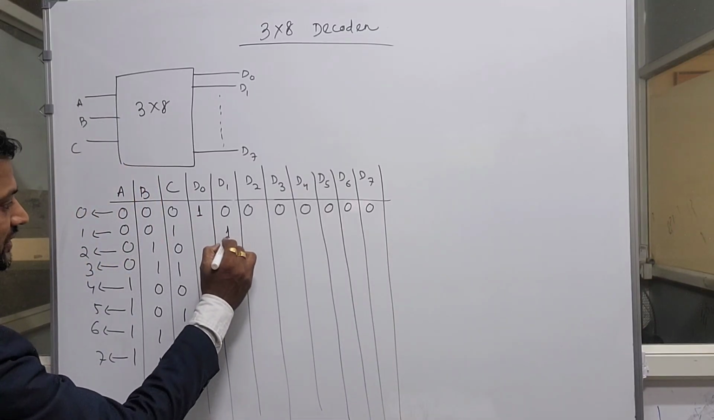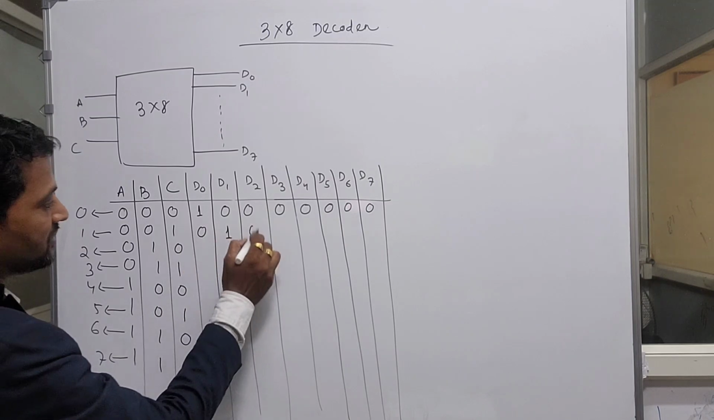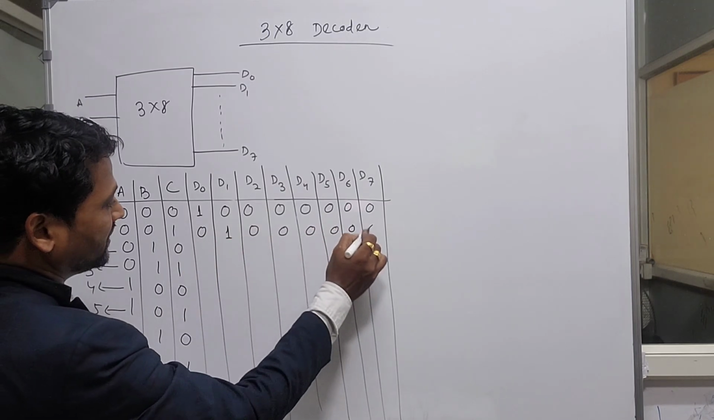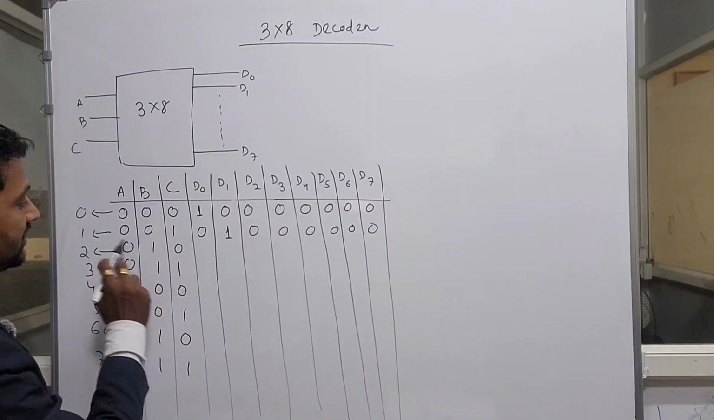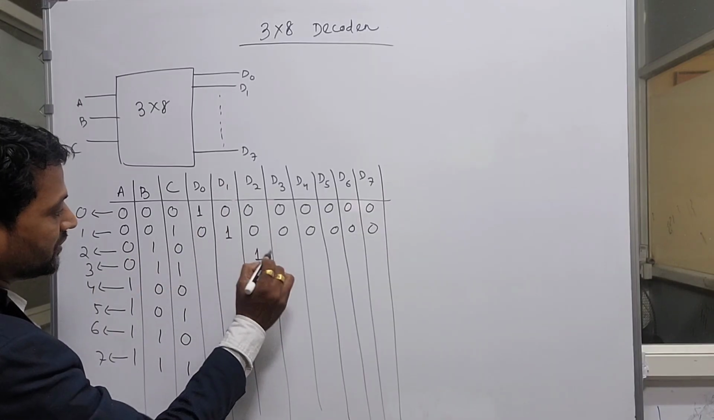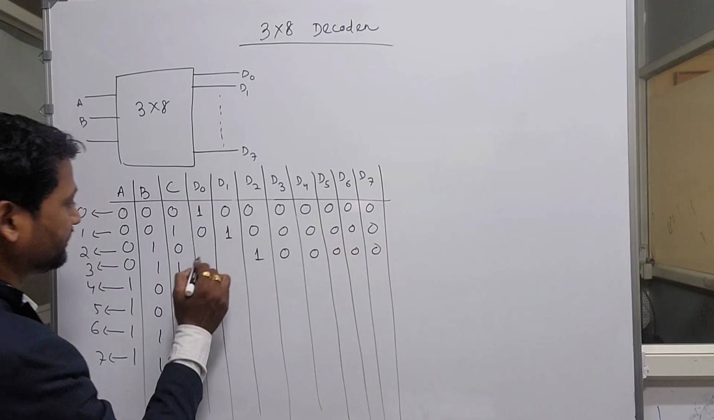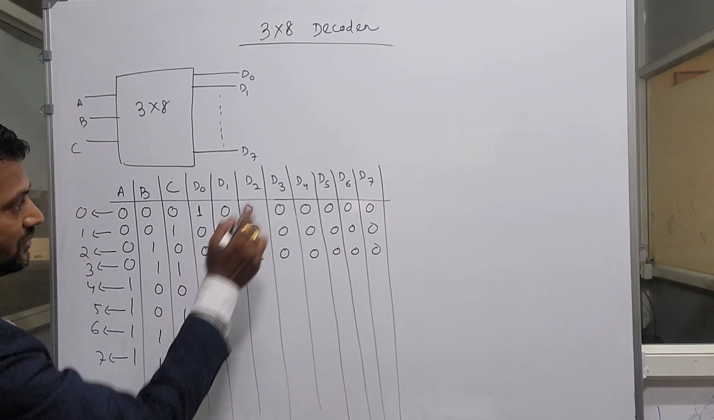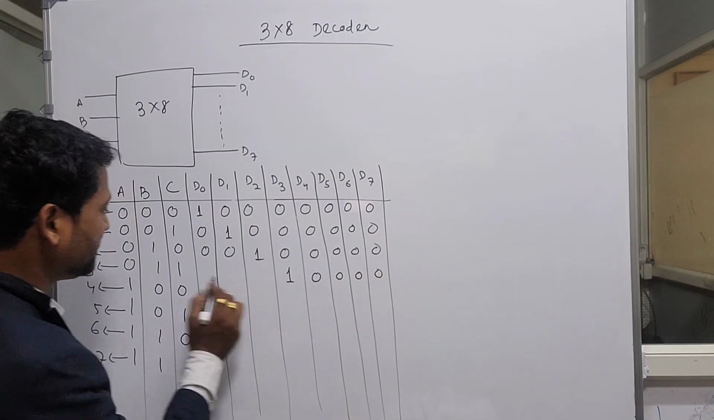Similarly, D1 will be active when A is 0, B is 0 and C is 1. So बाकी जगह में डाल दो 0 except this place. Similarly, for D2 you mention here 1 and in the rest part will be 0, and for D3 you mention here 1 and बाकी जगह में 0 डाल दो,